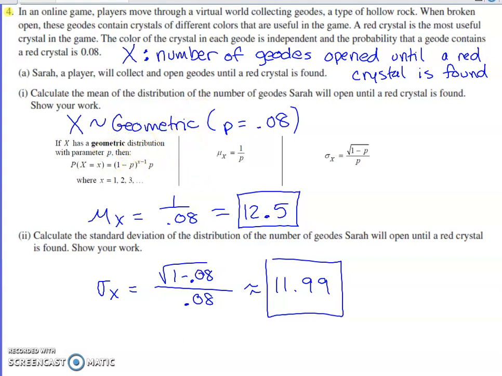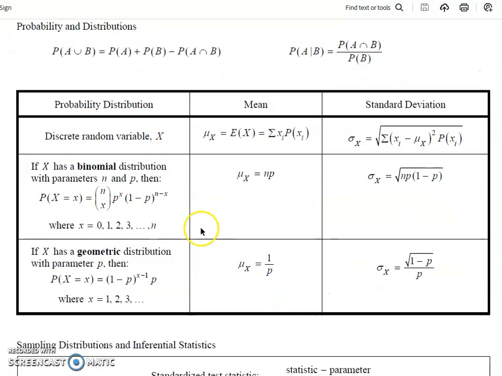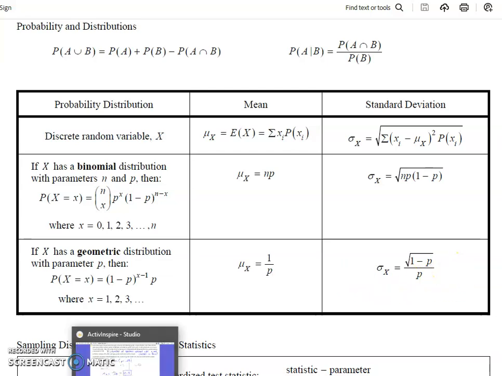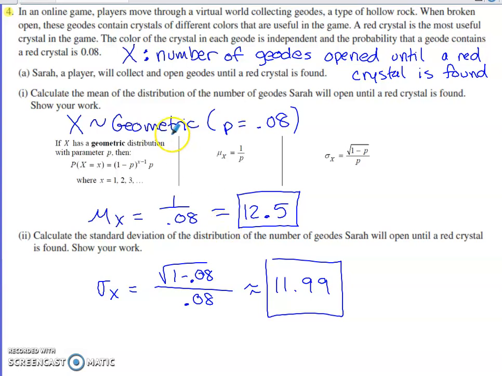So this is right off of the formula sheet. So I have a formula sheet here, right? On the front page of it, you've got some geometric distribution formulas across the bottom of this row here. We're actually going to need this formula for the first calculation in part A and this formula for the second. So as long as you recognize that this was a geometric distribution with a probability of success being 0.08, the